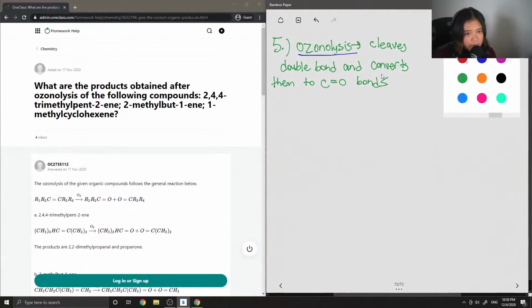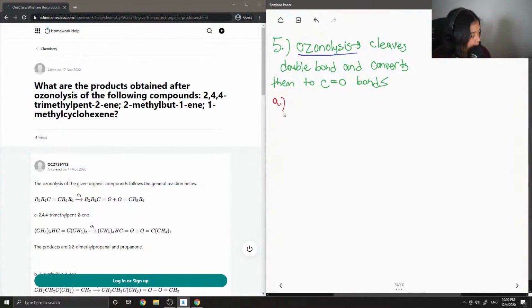So it sounds complicated at first, but once you get the hang of how to do the reaction, it gets pretty easy. So let's do the first compound,